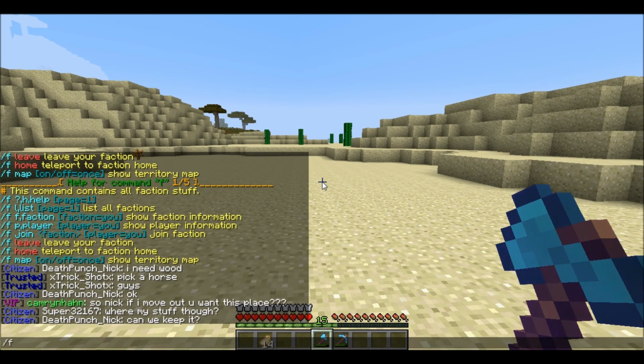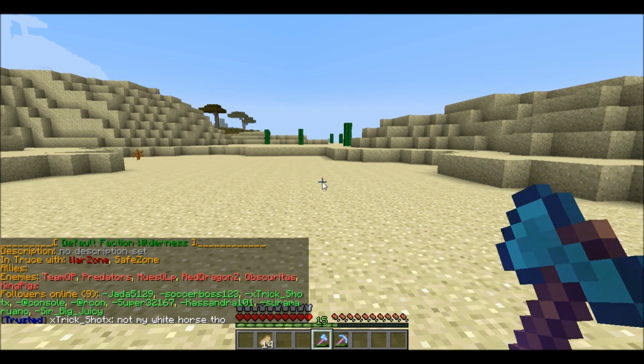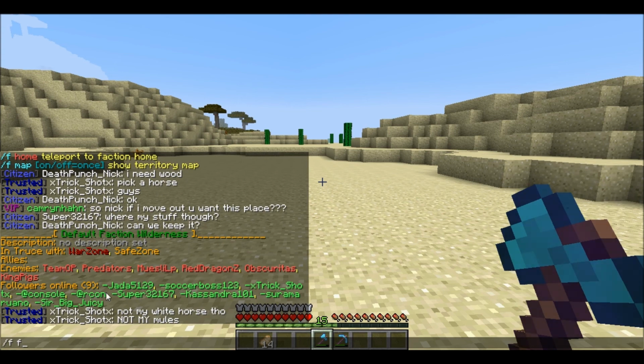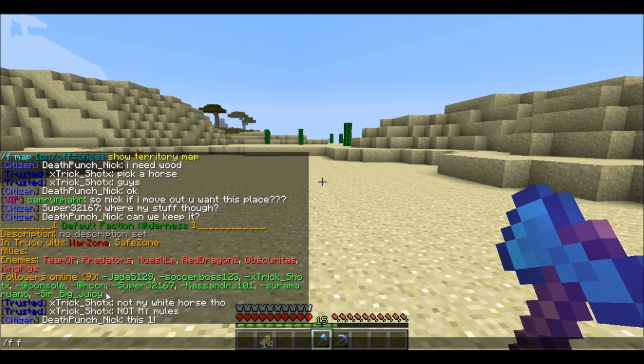Now what that does is it tells you the faction information for the player. When you do it with no name, so for instance the one I just did, which is /f space f, that is for yourself. I am not in a faction. By default I'm in the wilderness faction. So I am factionless. But if I were to do, for instance, /f space f microhertz,